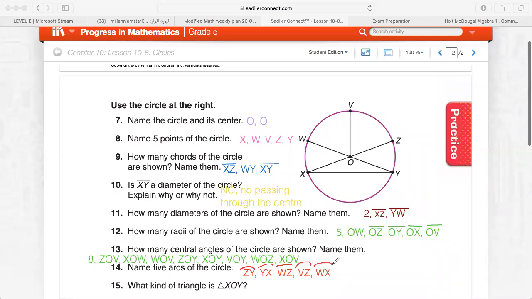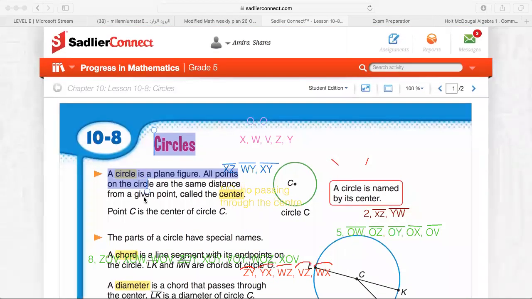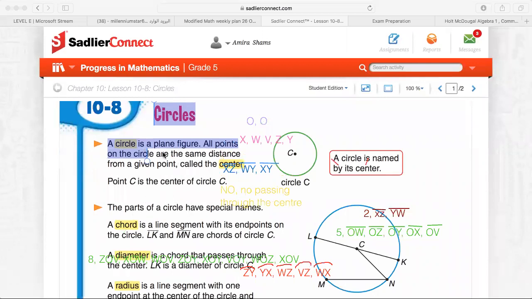Okay, what kind of triangle is triangle XOY? We said in the beginning of the lesson that any line from the center to the circle has the same length, right? This one is equal to this one, right? Any line passing from the center to the circle has the same distance. A circle is a plane figure where all points on the circle are the same distance from a given point